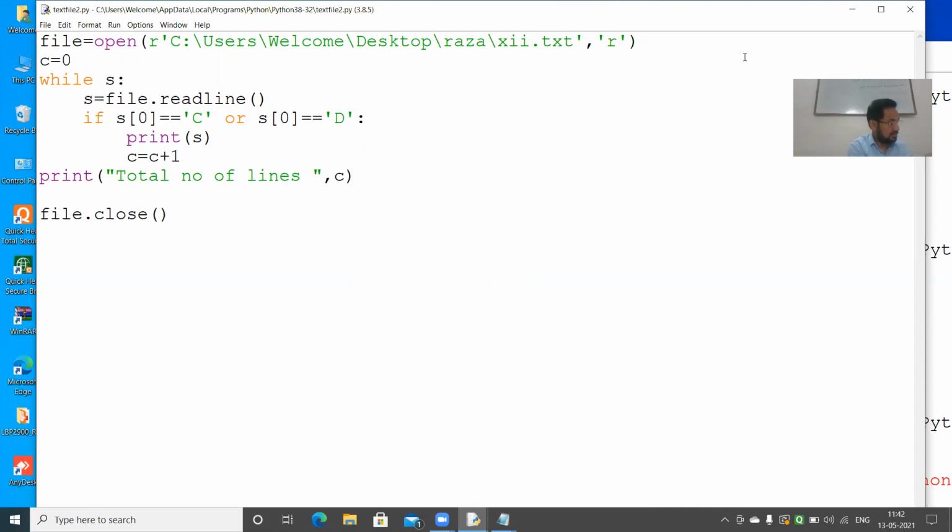While STR is not defined, how will it work?